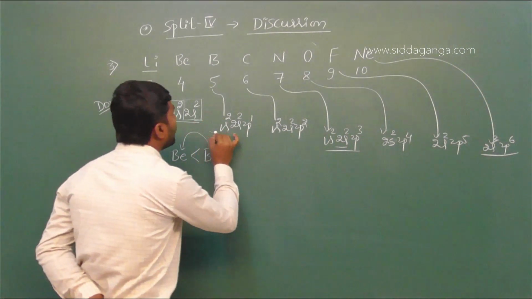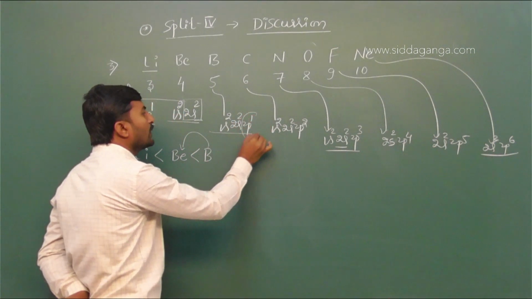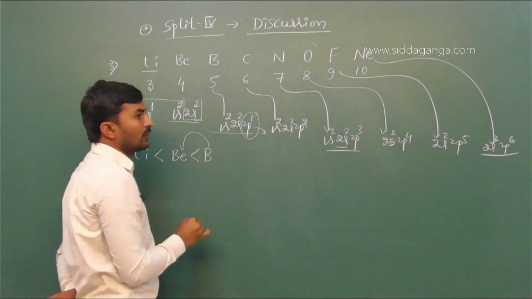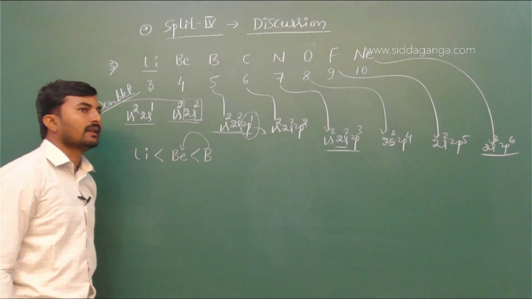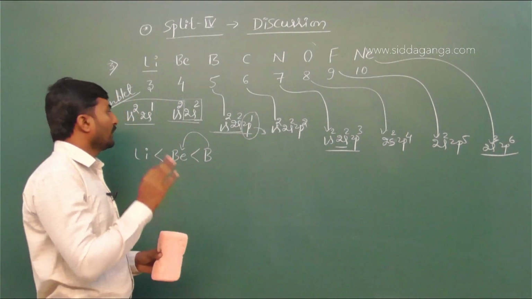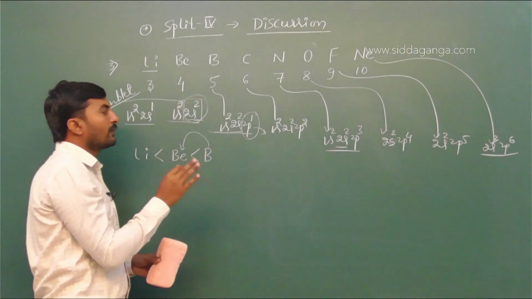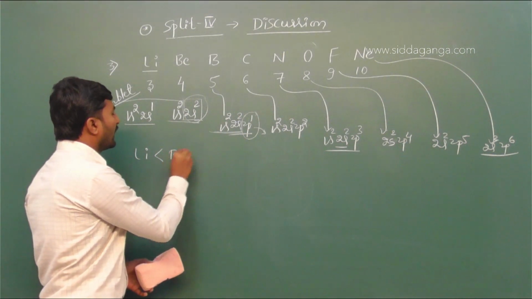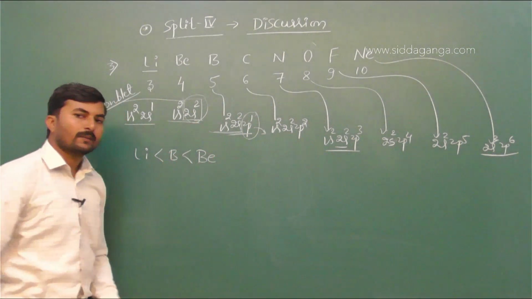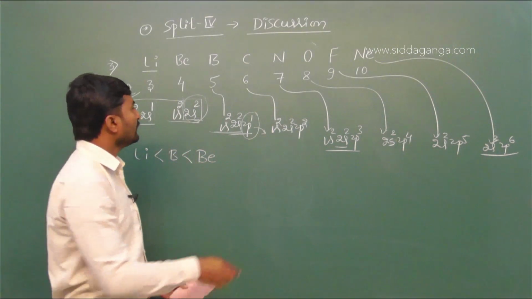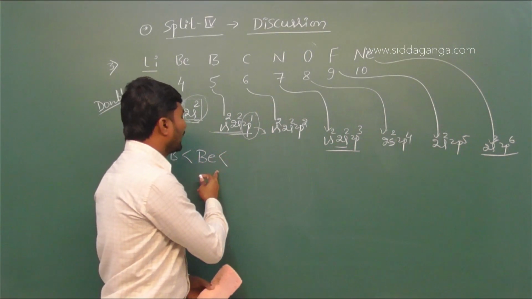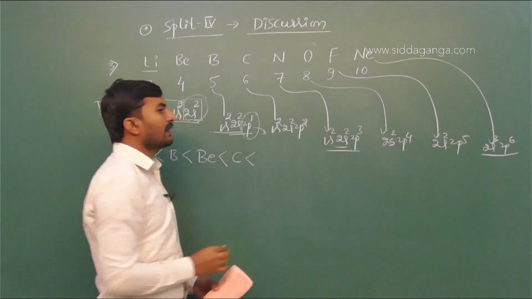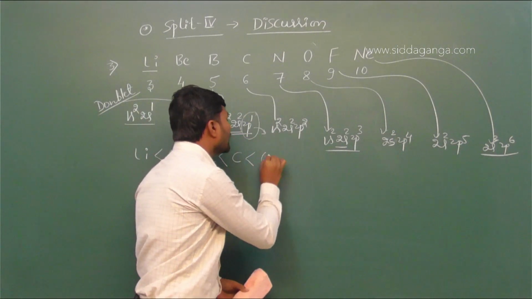But in the case of boron, the electron is present in the 2p1 orbital, and boron is eager to lose this electron from the 2p orbital to gain stability. That is why the removal of an electron from beryllium is more difficult than from boron. That is why it takes more ionization energy than boron. So this is the trend. Followed by beryllium, it has a lesser ionization enthalpy than carbon. It is lesser ionization enthalpy than oxygen instead of nitrogen.